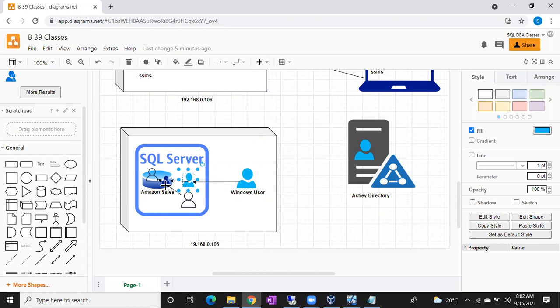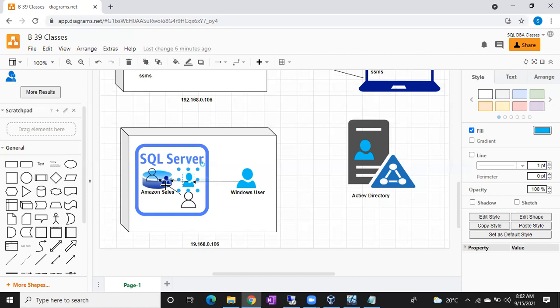Okay, right? So now I have a question for all of you. How many maximum users I can create for a single login? 32,767. Why 32,767?